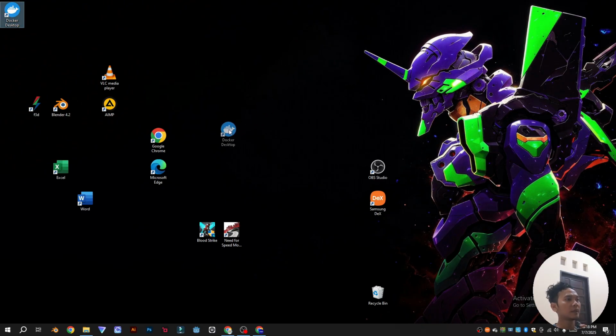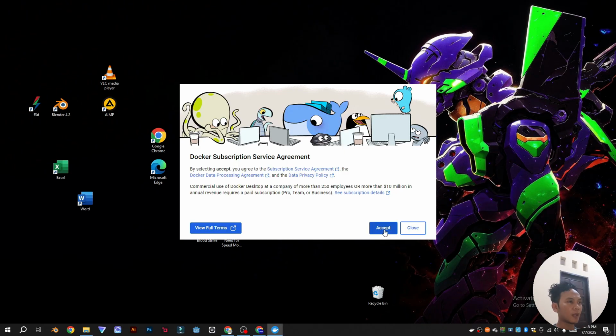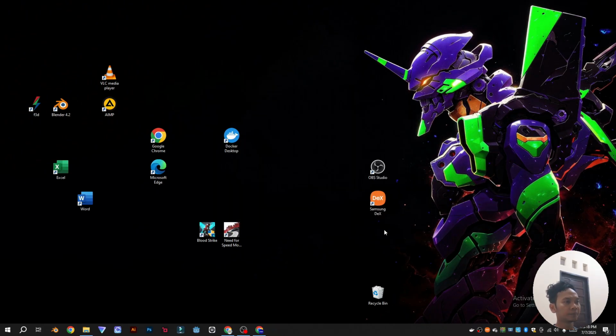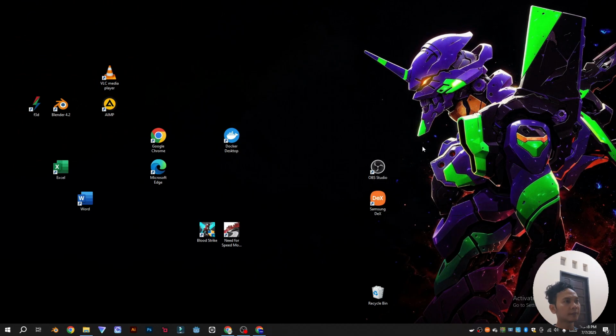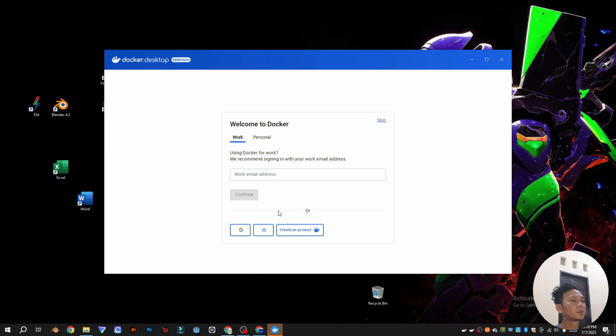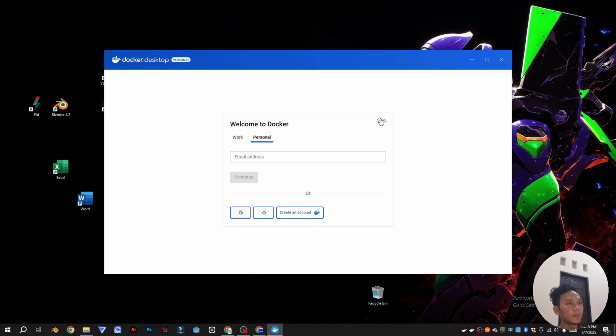Here is Docker, already installed, so open it, accept. Just use the recommended settings. We can skip it.